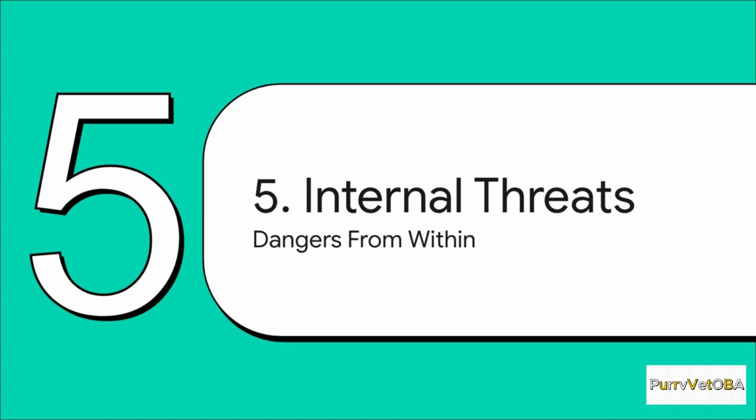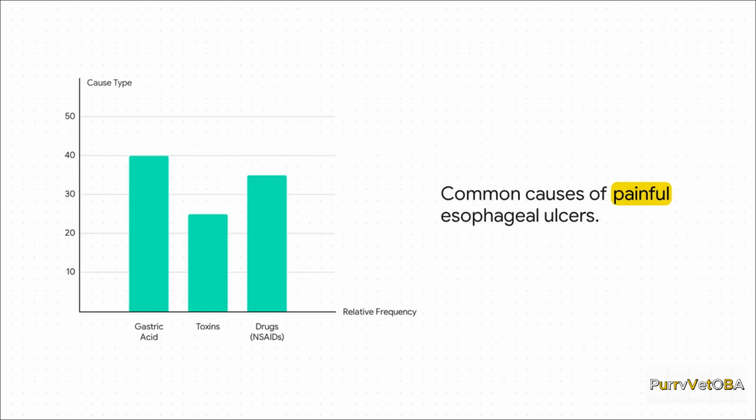Okay, so we've looked at failures of swallowing, and we've seen total blockages. But what happens when the threat isn't a blockage, but damage to the road itself? Let's talk about dangers that come from inside the esophageal wall. When you see esophageal ulcers, you're usually looking at one of three main culprits: